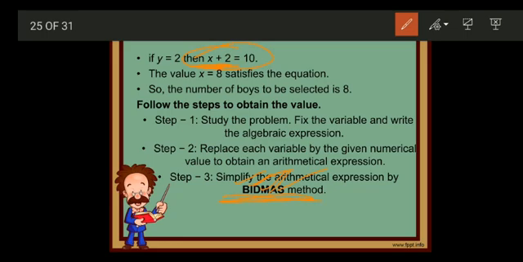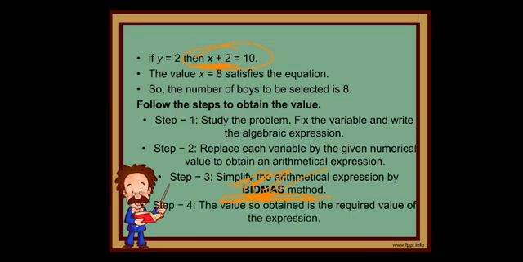First we have to do the calculation inside the bracket, then if there is some power or square root, we have to do that. Then we have to do division. After doing division only we multiply, and next only we do addition and subtraction. So the value we obtain is the required value of the expression. The value which we get at the end will be the value of the expression. So now we'll solve some problems following these steps.